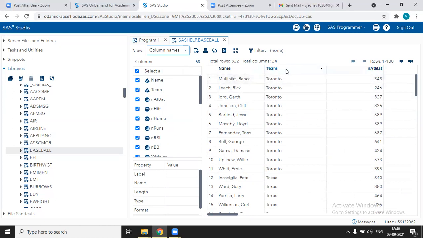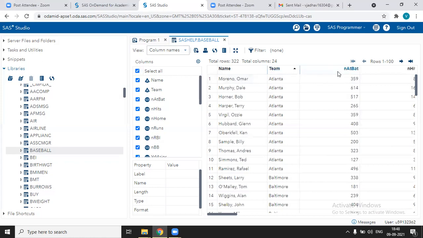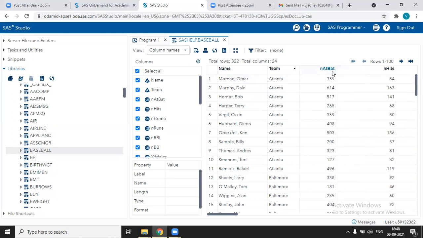To minimize the size of this column, hold the cursor in between two columns and you can see a double headed arrow. Then click and drag it to the width you want, and the width of this variable is decreased. Similarly, to decrease another variable, place the cursor in between two variables, hold and resize.